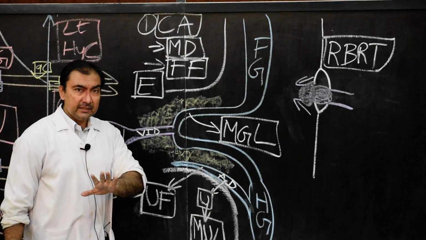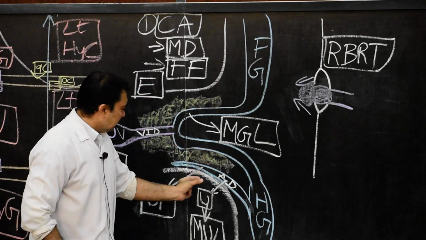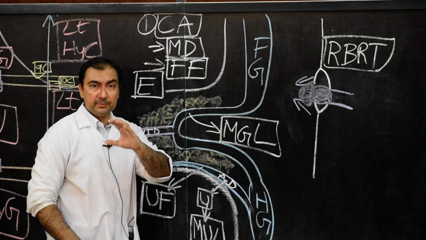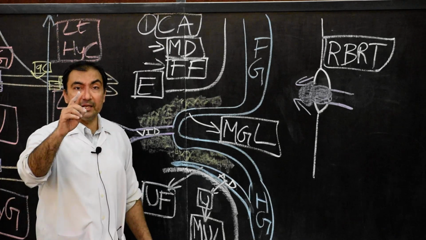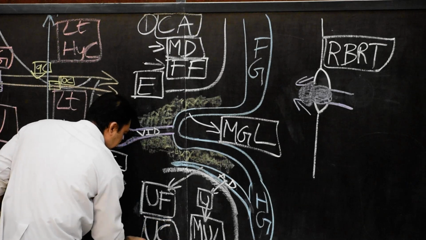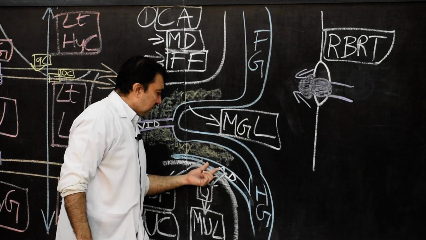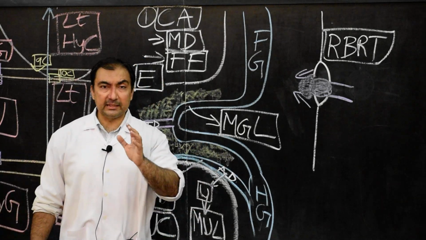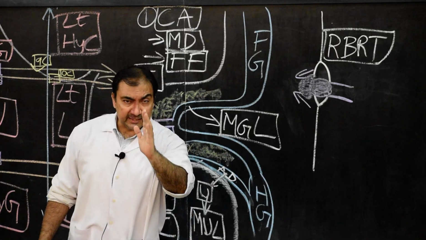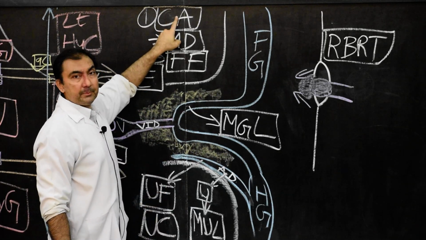In those cases, instead of the entire allantoic diverticulum remaining patent, only a small portion in the middle part remains patent. If only a small portion in the middle part of the allantoic diverticulum remains patent, it will be known as urachal cyst. Please note down, it will be known as urachal cyst. So what is urachal cyst? A small middle portion of the allantoic diverticulum, when it remains patent at the time of birth, it will be converted into urachal cyst. So these are the 6 different points which we have finished under the heading of congenital anomalies of the umbilicus.